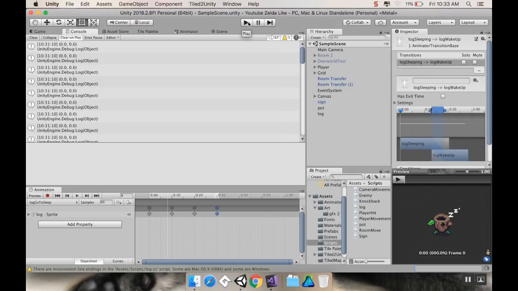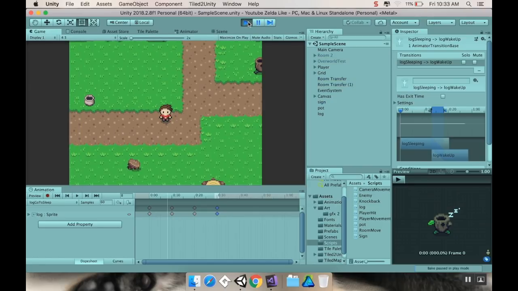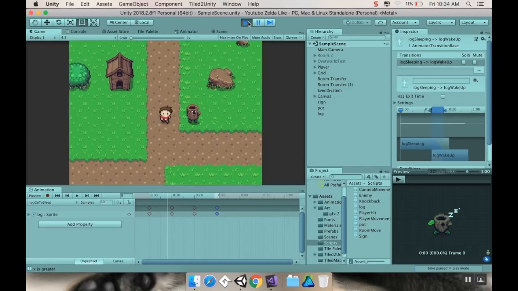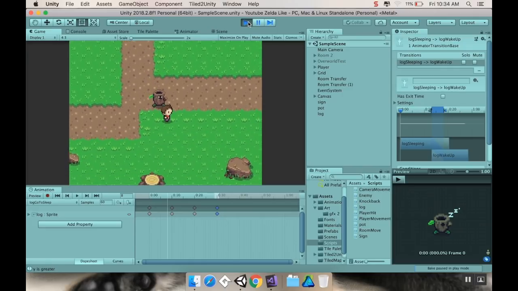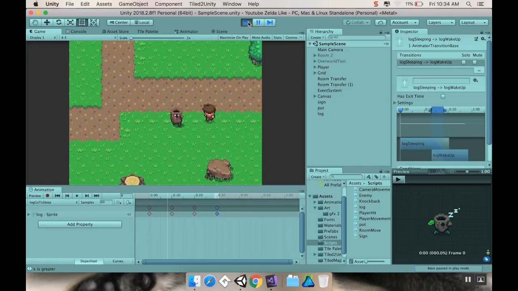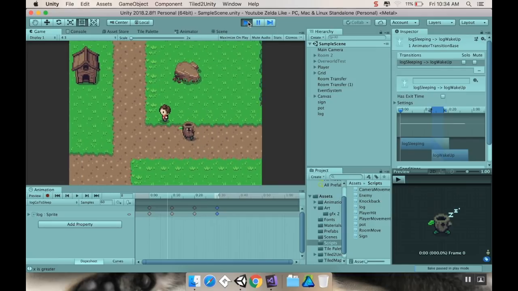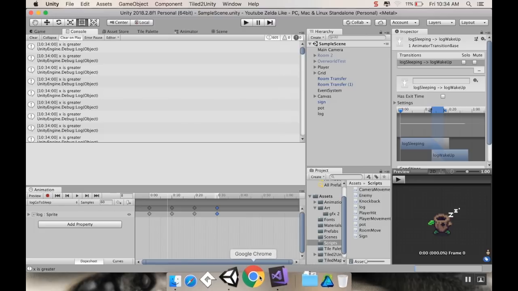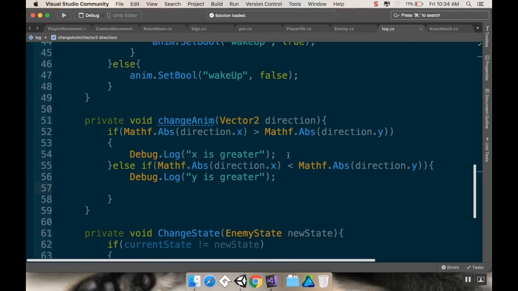All right. Little log. There we go. So it knows x is greater. Now it knows y is greater. Now it knows x is greater. Now it knows y is greater. Cool. So what I want to do with that then is decide